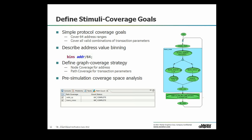Secondly, we want to cover all the valid combinations of the transaction parameters like access type, burst length, size, etc. So we simply define a path coverage, again, the blue box that you see on the graph, that covers the variables we're interested in crossing. And optionally, you can set priority and the hit goal count, how many times you want to hit it. Down at the bottom, we have a node coverage, a cover point that is covering the 64 bins for the